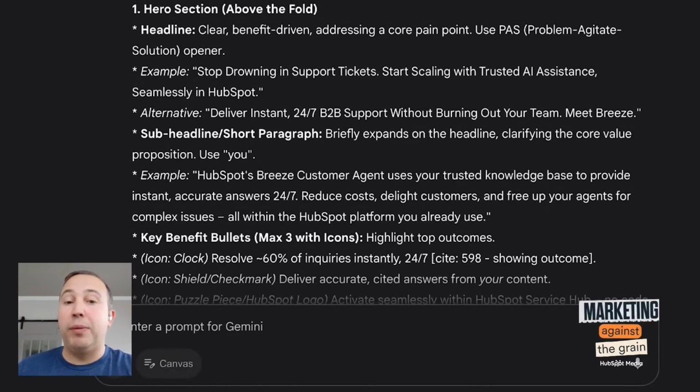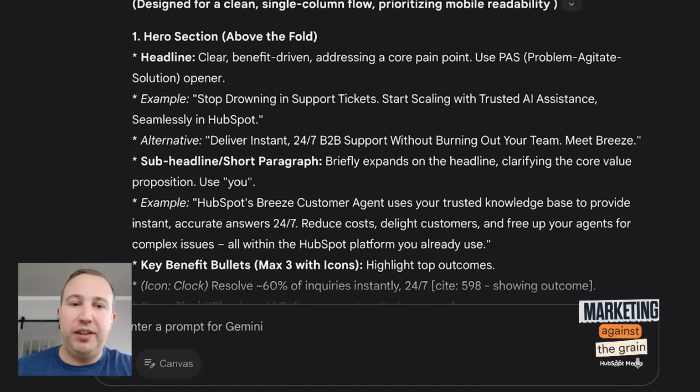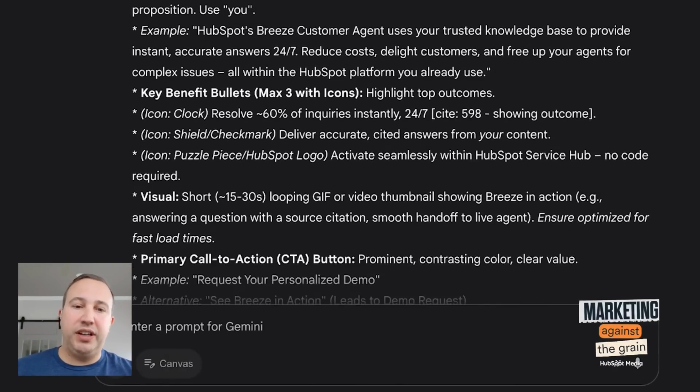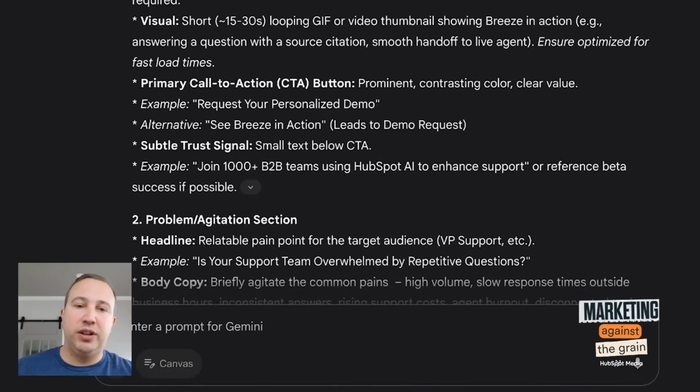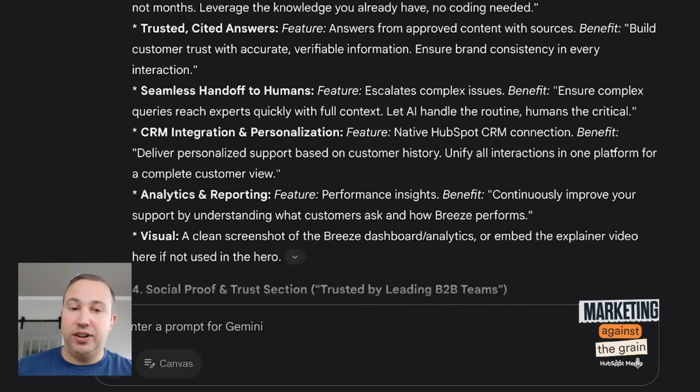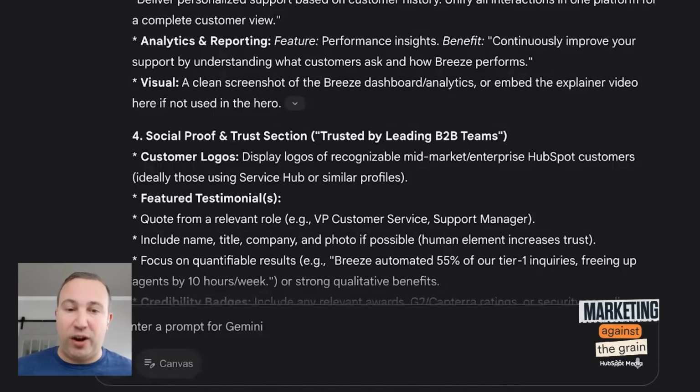Where we could probably also drop this into ChatGPT 4.0, which I'll try in a minute while you're doing Lovable and see what we get. But basically it gives this entire, here's what the hero section should be. Here's how we describe it. Here's the visual. Here's the primary call to action. It's very, very detailed, right? Like this is incredibly detailed.